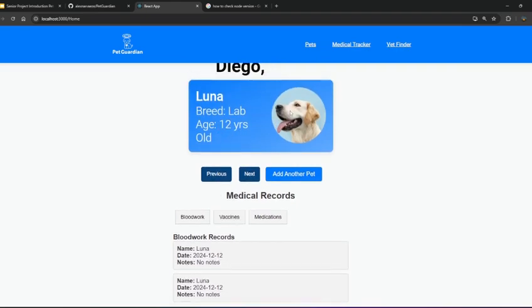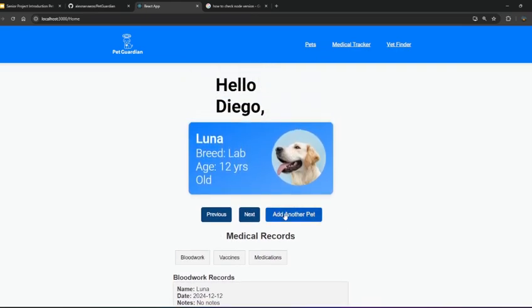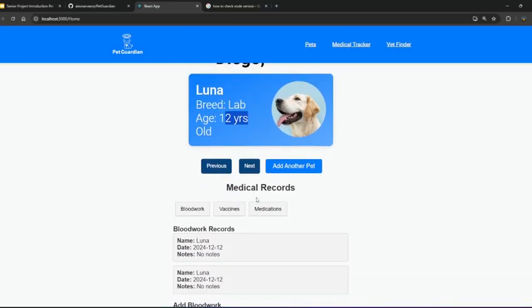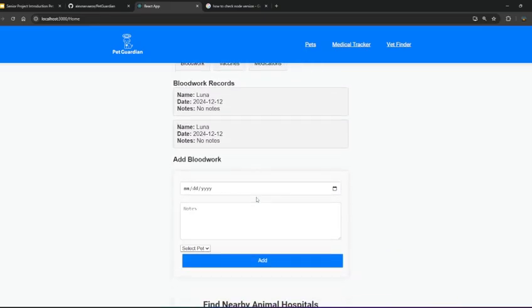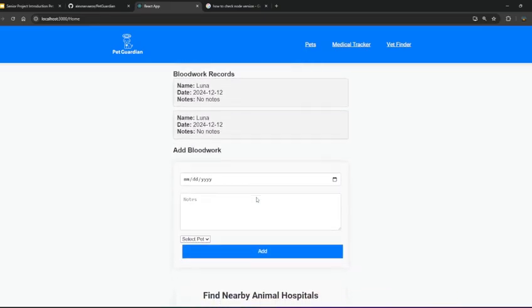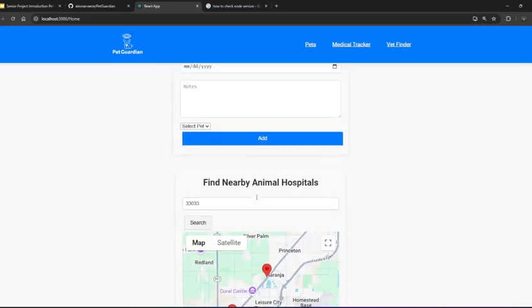The same thing for generating a pet. If I were to make another pet named Luna with a breed lab, 12 years old and the same amount of weight, it would make that pet, and it wouldn't check if that pet already existed in the database. Like I said, we got so caught up in actually making the feature work, doing this for the first time, that we didn't think about all the test cases. The next one would be